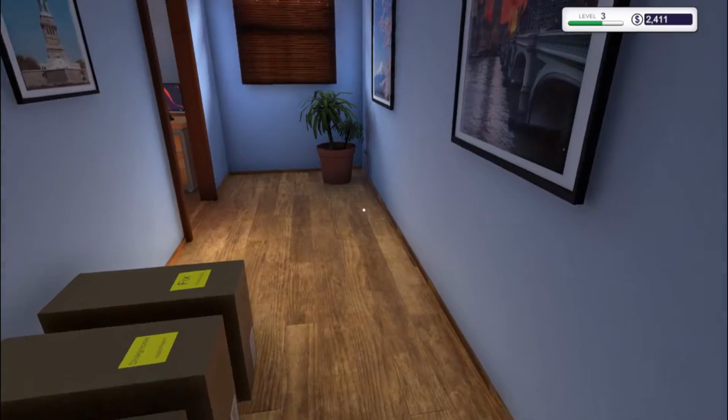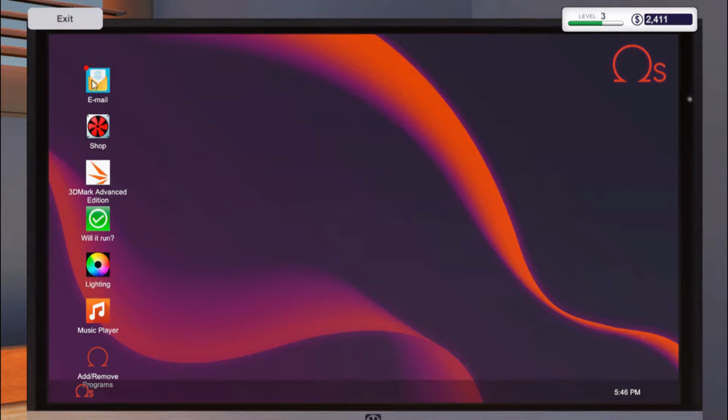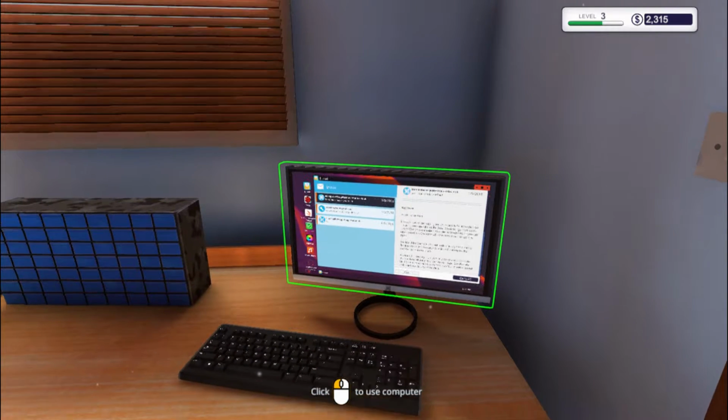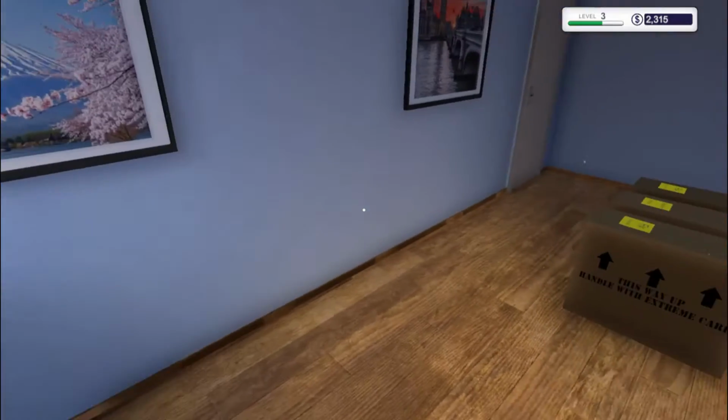So yeah, seems to be a normal sort of day with PCs having arrived. Let's have a quick look at our computer emails. Oh, here we go. So your electricity bill is coming in. Electricity bill is now due, please pay $96. That seems pretty cheap for what we've been earning, so we'll pay that. We've just received your $96. Hope you enjoyed your electricity. Remember to turn out the lights. Discard that one. And there we go. So that's the process of paying bills, etc. Log on to your emails,